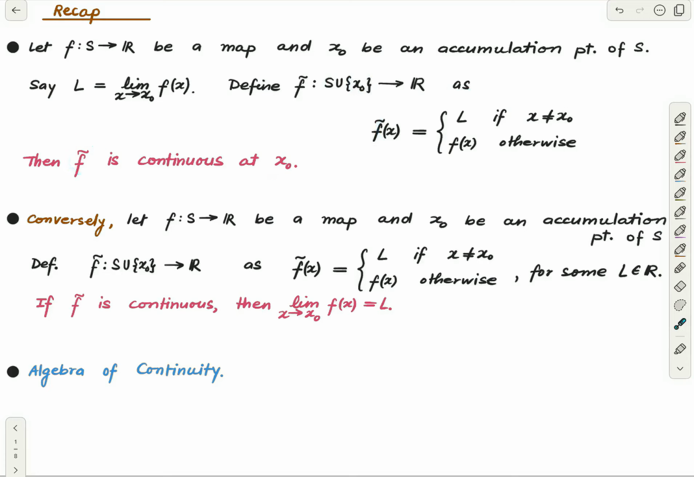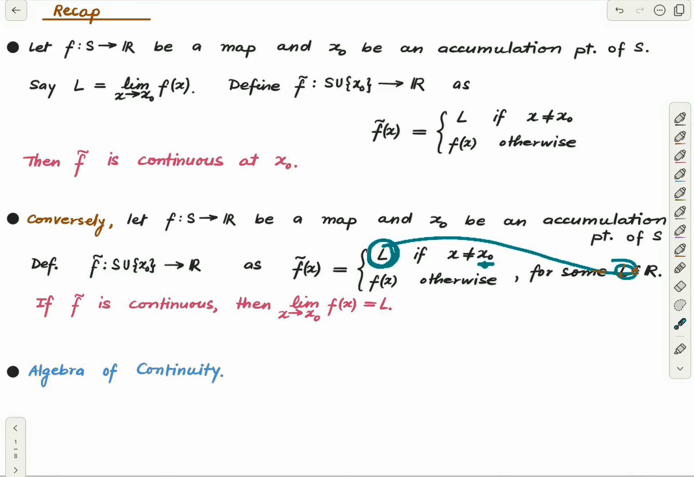Conversely, I did not prove the converse, but I hinted at it. I said it in words. Conversely, suppose we have a function on a set of real numbers S, and suppose x0 is an accumulation point of S. And suppose we define f tilde over this possibly extended domain. If x0 is already in S, then it is not extended. But if x0 is not in S, then this is bigger than S. So define f tilde on this possibly extended domain by asking that it takes some real number L